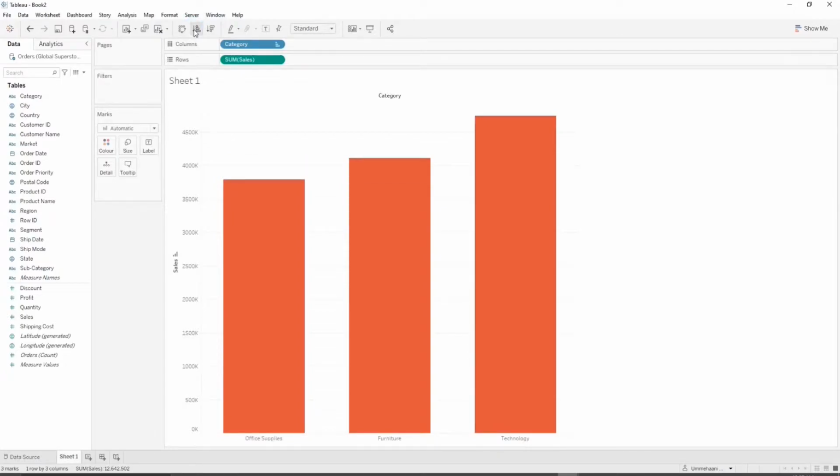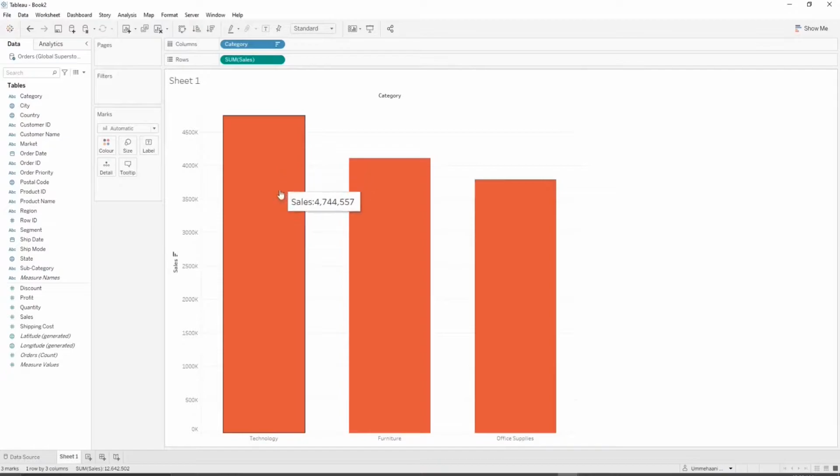If I want the bars to be in ascending, I'll click over here, sort ascending. If I want descending, I'll click over here, sort descending. So they are in some particular order. But what if I want to add a little more detail to it? That basically means that for each category, I want to see how this sum of sales is further separated into subcategories, how this 47 lakhs or so is divided for the technology category. On the x-axis I want category, and above it subcategory and this separation of bars.